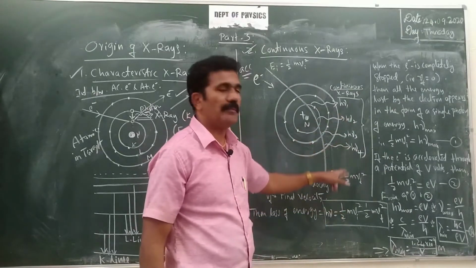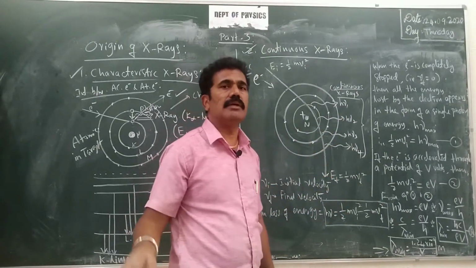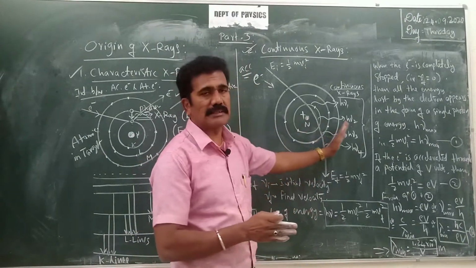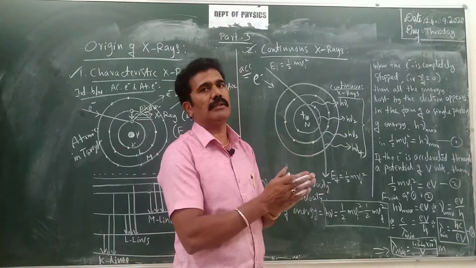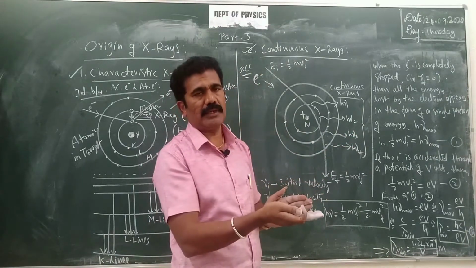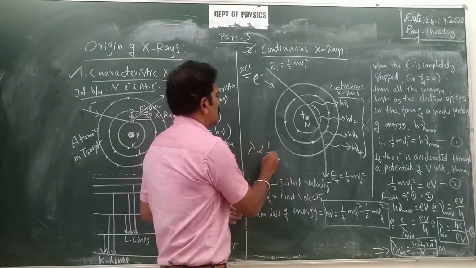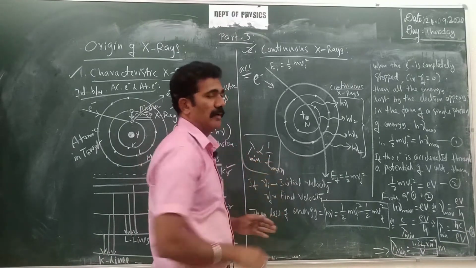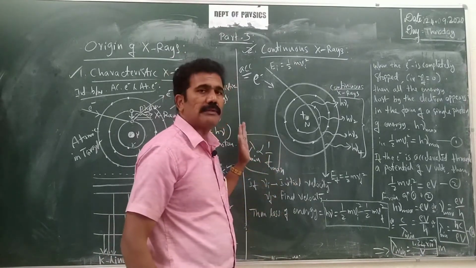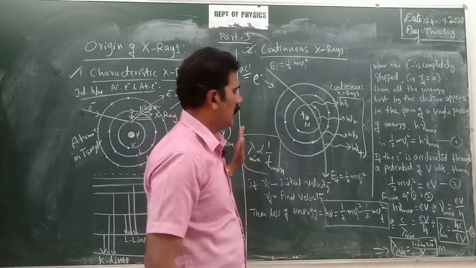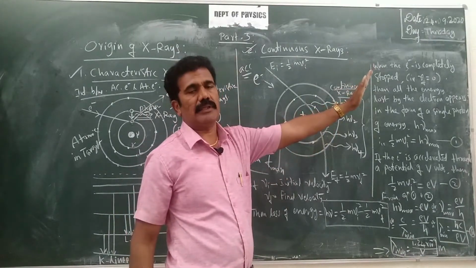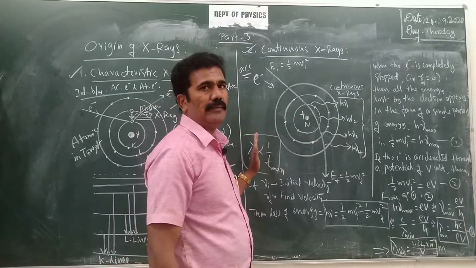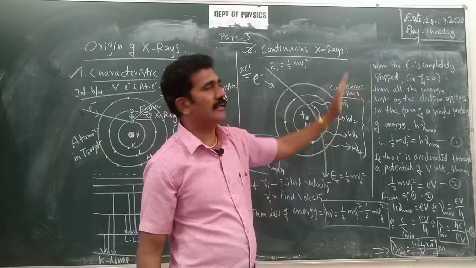Okay, so with maximum possible frequency, the corresponding wavelength is minimum. So there will be a cutoff for the emission of this continuous X-rays with the minimum wavelength and corresponding maximum frequency, because wavelength is inversely proportional to frequency, you know. So if the frequency is maximum, the corresponding wavelength is minimum. Starting from this minimum wavelength, it can have all possible radiation with higher wavelengths. Lambda minimum is the starting value, then all possible wavelengths are emitted. That is why it is called continuous.